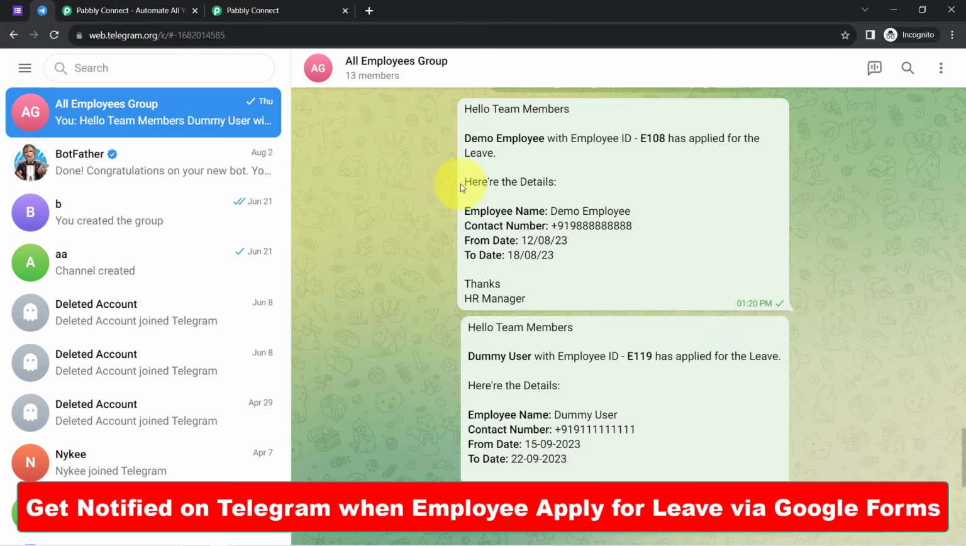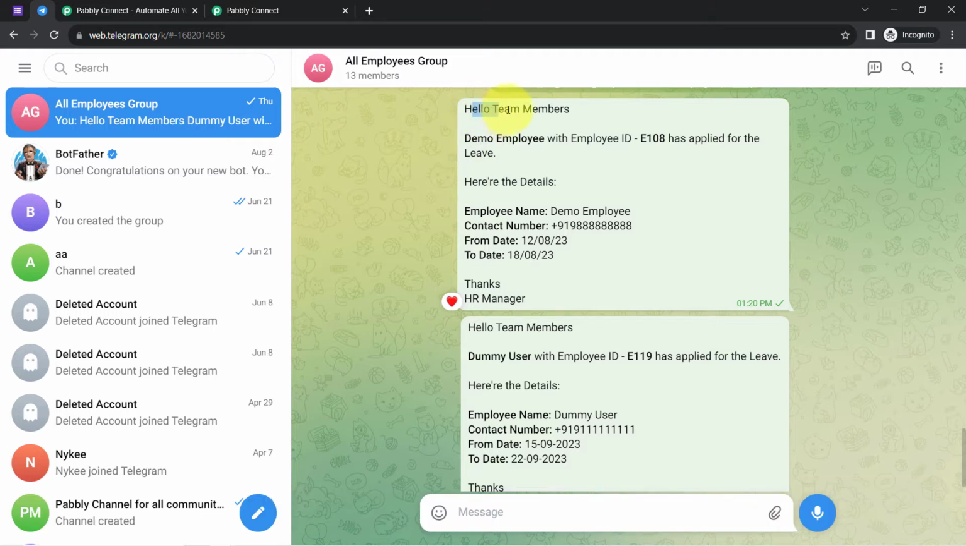on my Telegram group, something like this: Hello team members, demo employee with employee ID has applied for the leave. Here are the details: the employee name, the contact number, from date to date. Thanks, HR manager. Okay, so in this way you and your whole team will be notified about every single employee who is